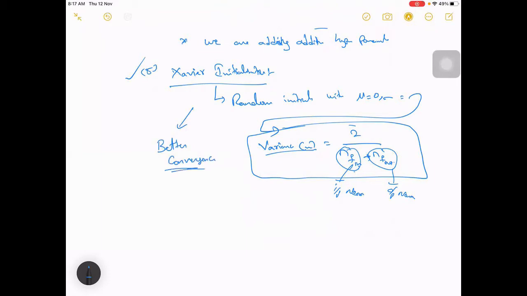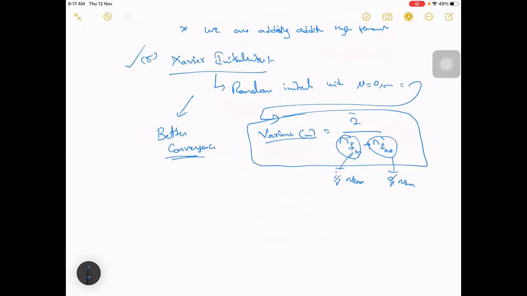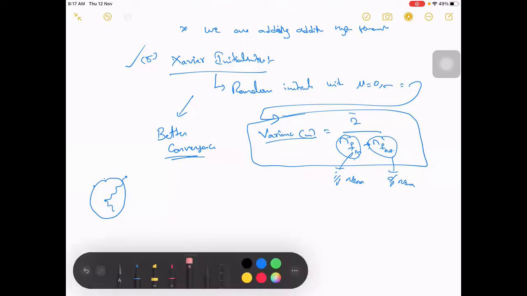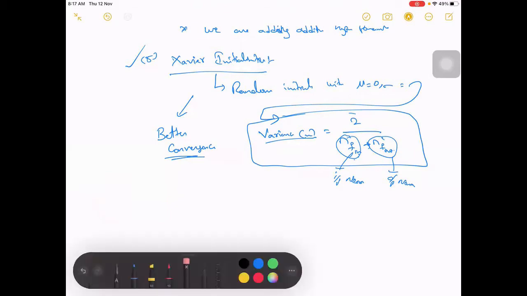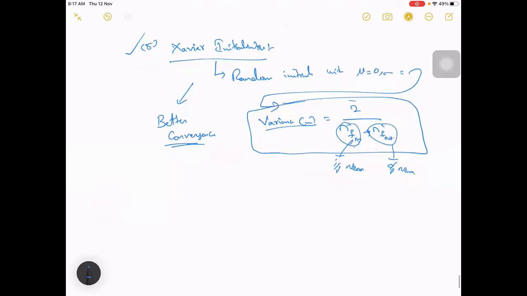Okay, so it converges faster, because let's say this is the loss curve, right? If you initialize somewhere, from there it will start to come to the optimum. That is what we need to get, right? That is called gradient descent here, right? So in case you initialize somewhere nearby, it is easy for it to come. Your most optimal values will lie nearby, in case you go for Xavier initialization, something like that, so it will have better convergence maybe.